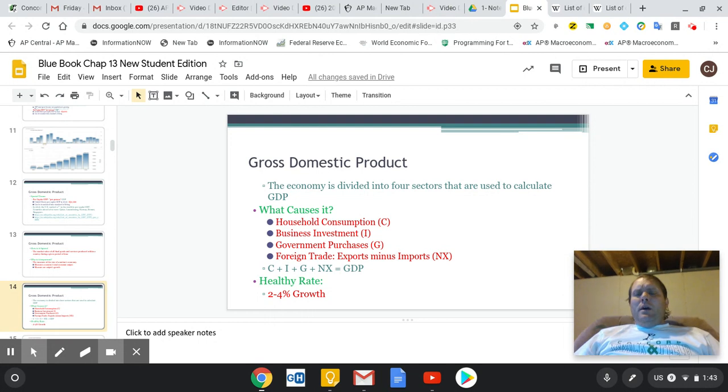So, another thing that's important to understand is that there's three main entities that go into what causes GDP to grow. First of all, you and I buying stuff. We are households. Second, businesses buy stuff just like you and I. They buy bulldozers. They build buildings, whatever, a little bit different purchases. And also the government can buy stuff to add to the GDP.